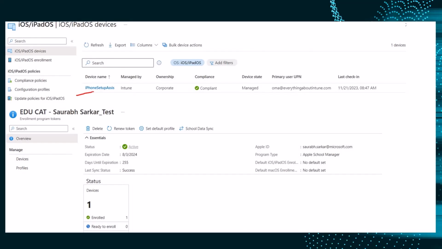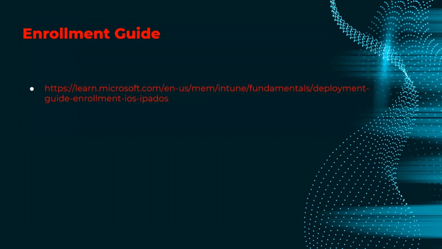It used the naming convention it was supposed to use, and it tells you the UPN that was used to log in, the device state, compliance, last check-in, everything looks good. Okay. Now I want to share with you guys an official documentation that we have from Microsoft, which is an